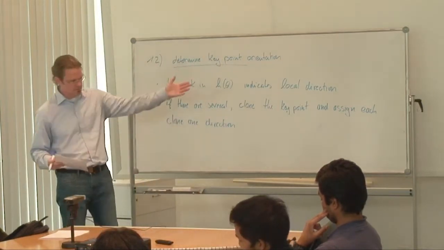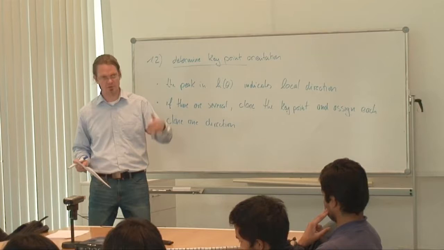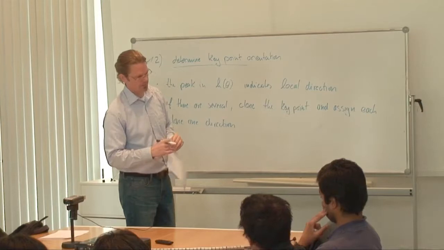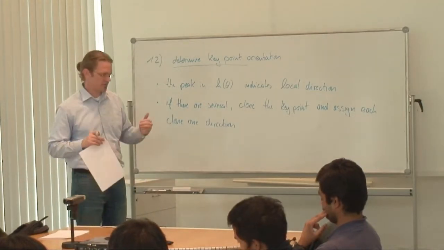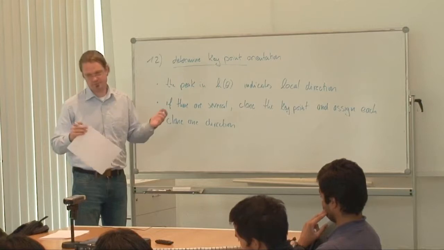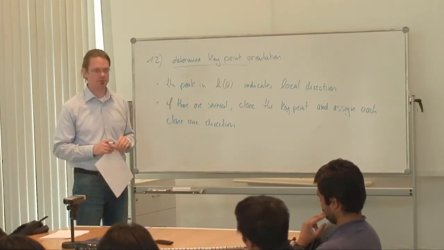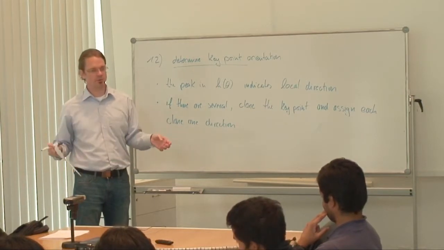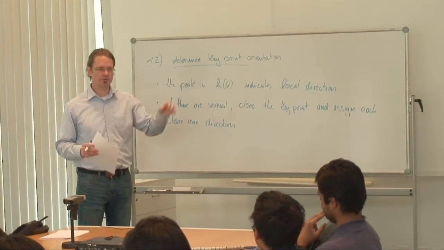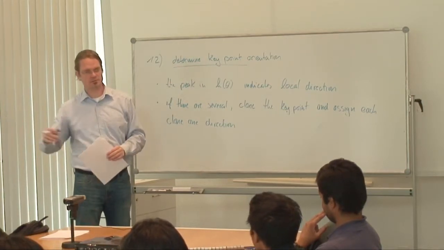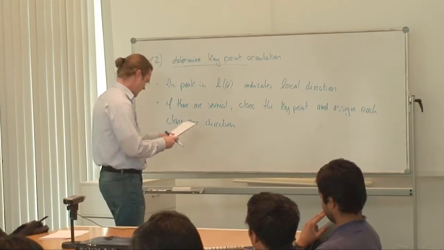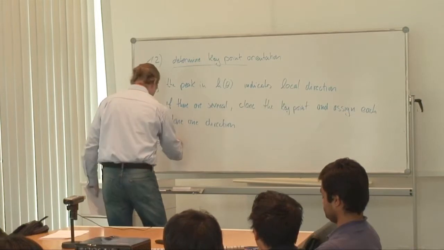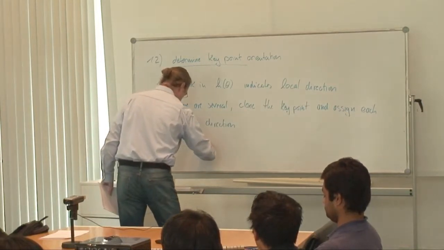Right, this histogram may have several bins which are very high, where we have counted a lot of contribution, and maybe they're even actually of exactly the same height. Then which one to choose as the local dominant direction? The solution here is we don't choose. We sort of copy the key point, and one gets this local direction, and the copy gets that local direction. Right? So this actually produces, therefore, all of this, the operations in 1.2, a set of key points